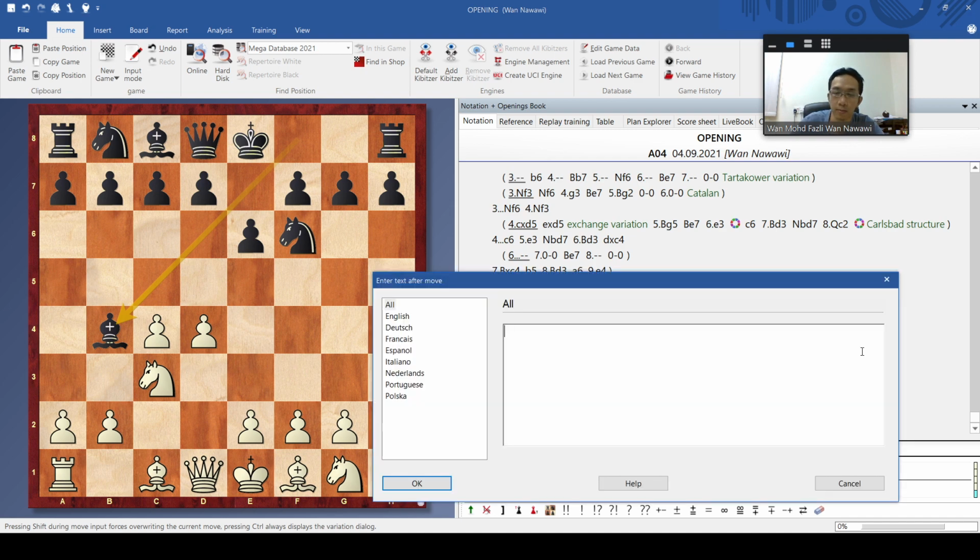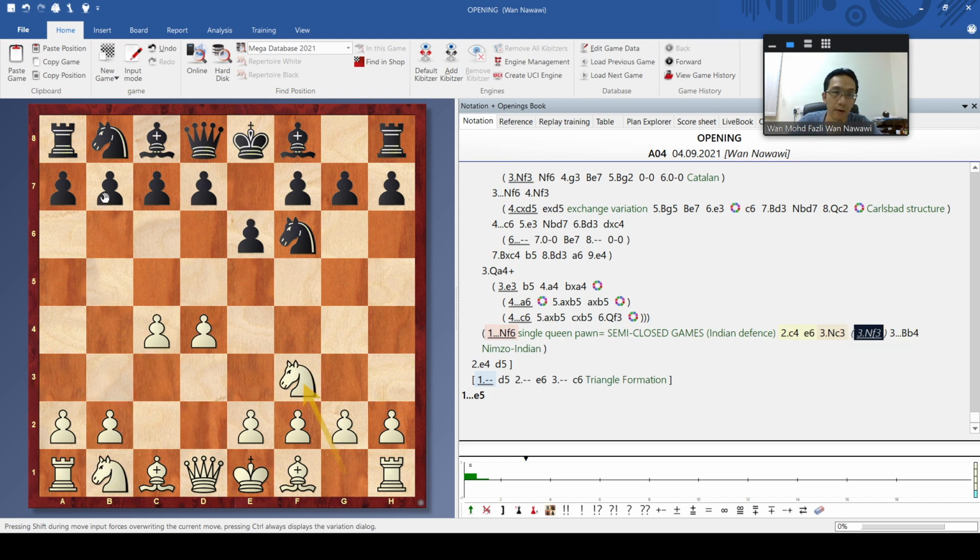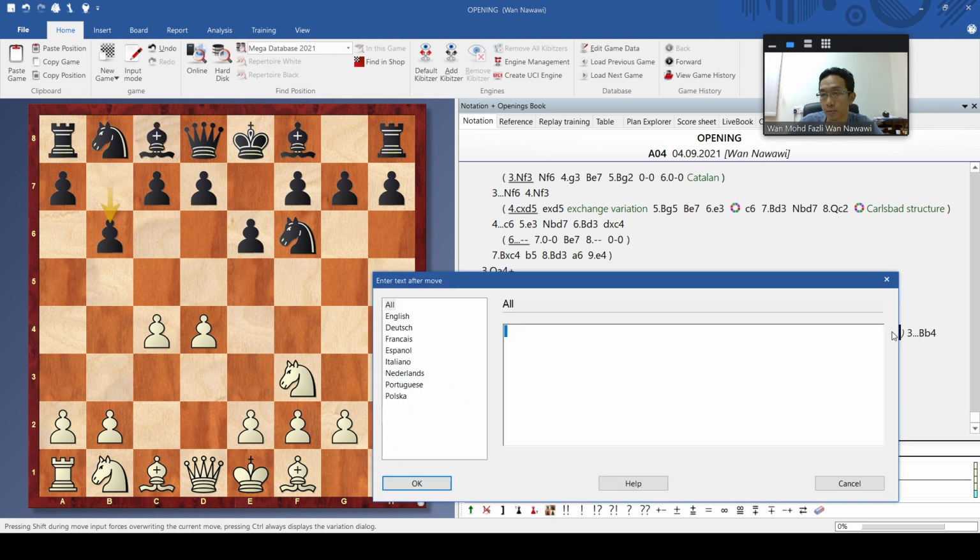This is what you call the Nimzo-Indian opening. If white instead plays Nc3, and black tries to play this, normally when black wants to develop the bishop on B7, they call it Queen's Indian defense.